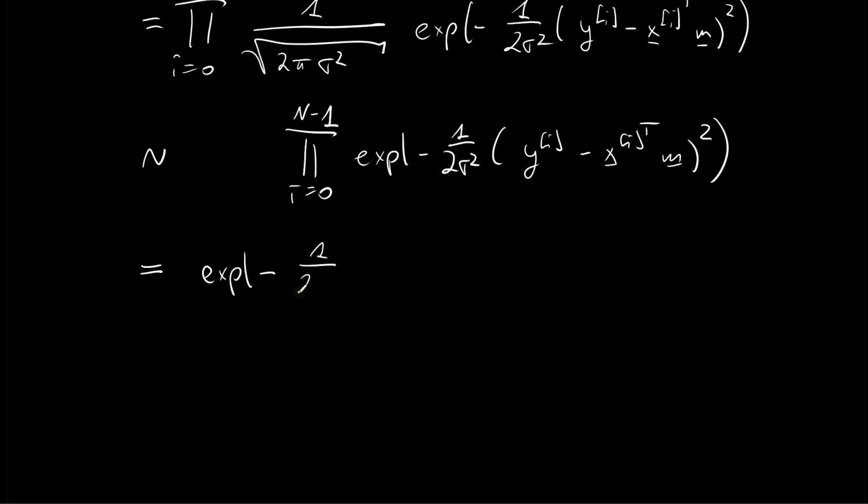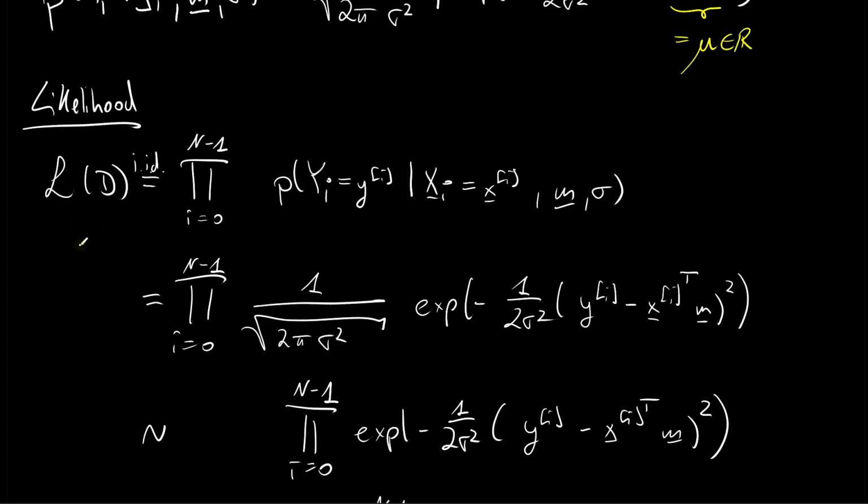So minus 1 over 2 sigma squared, and then here we will have a summation from i=0 to capital N minus 1 over (yi minus xi transpose times m) in brackets squared, and then closing brackets. And the reason, of course, we're doing this proportional here is that in the long term, we're going to perform